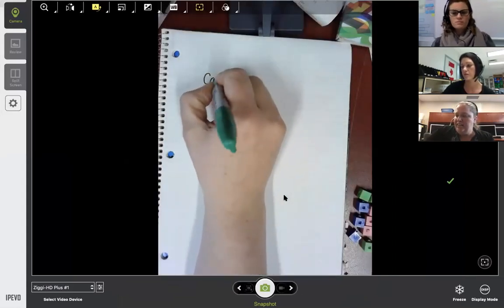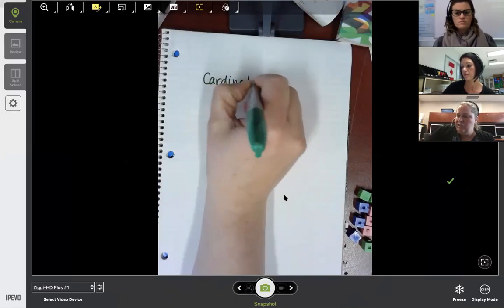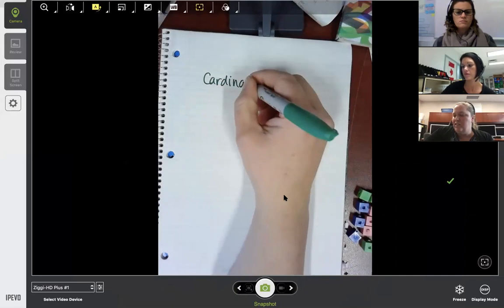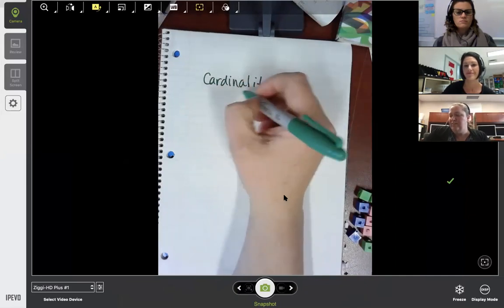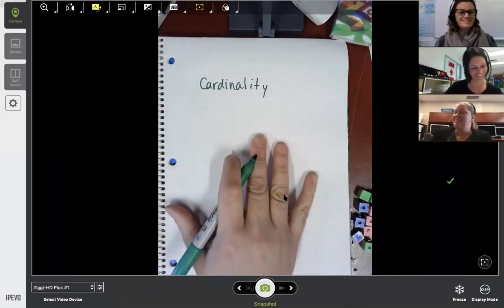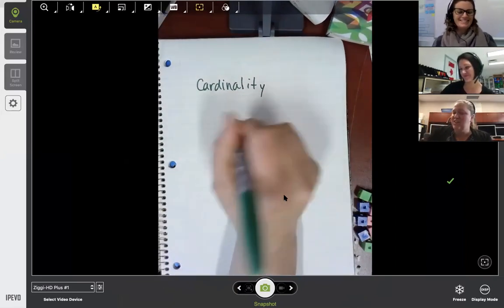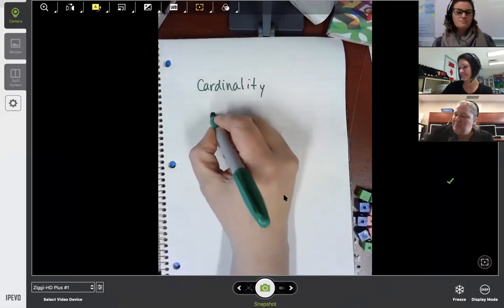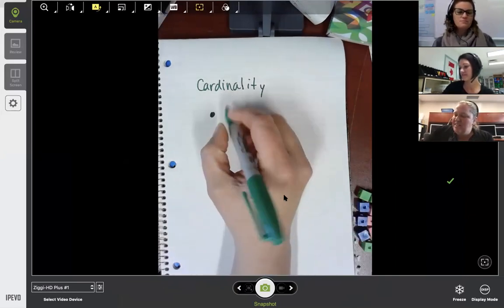So cardinality is usually defined. Now I'm going to try to write and talk at the same time, which never goes well. Okay, cardinality. Multitasking is not something I do. I do one or the other. It's usually defined by this